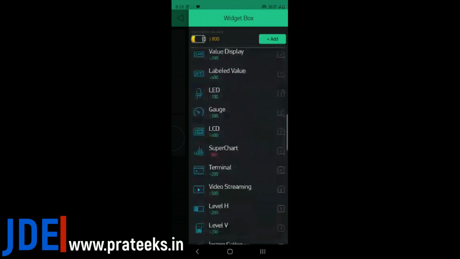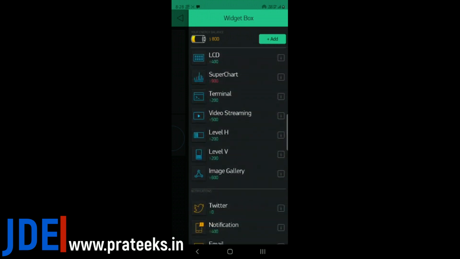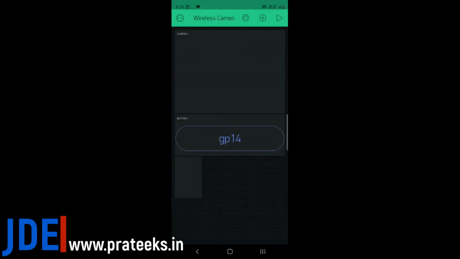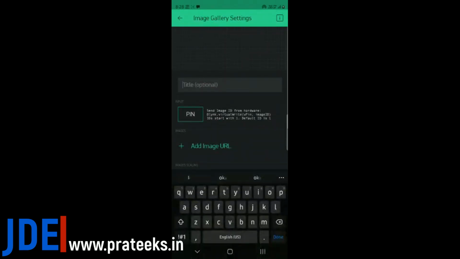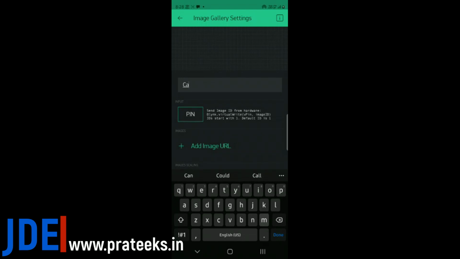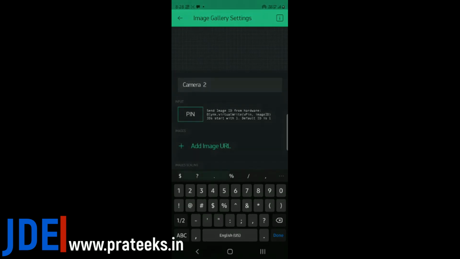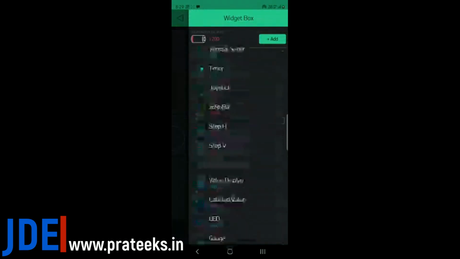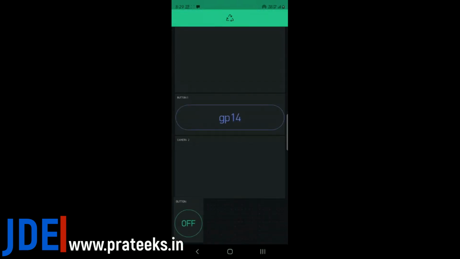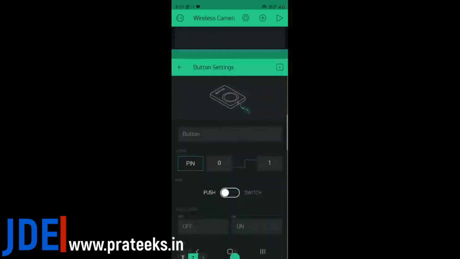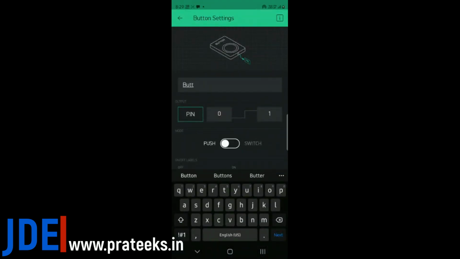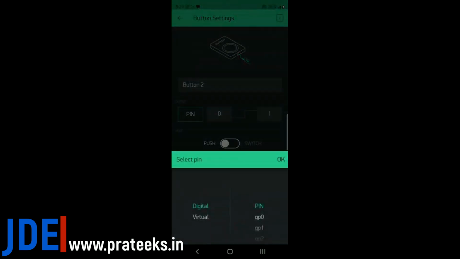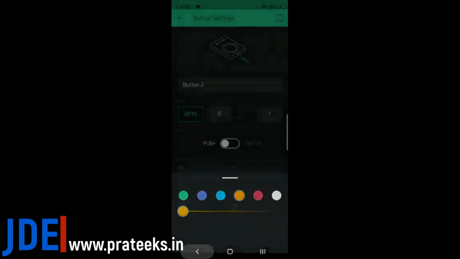And I want a second image. I used two ESP32 cams, that's why I use a second image gallery and I resize this window and name it camera second and decide the pin number is virtual pin V2 and I go back and I create one switch, its name is button second and I define the pin number as GPIO 15 and I choose the color of the button.